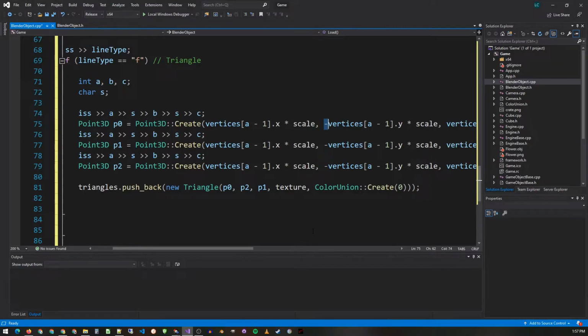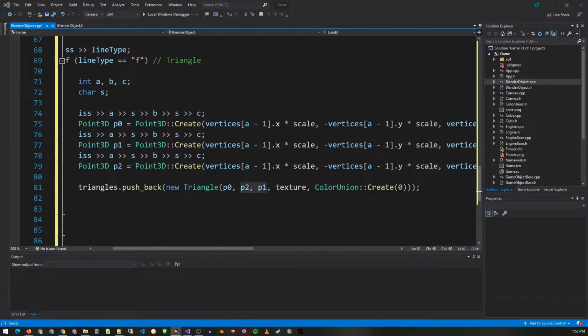The 3D model and world would be drawn upside down, so I'm doing it to flip the model vertically. I should have fixed this somewhere else in the project, probably in the projection stage, but at this point I'm okay with it here. Also, if you notice the P1 and P2 points being switched when creating the triangle, that